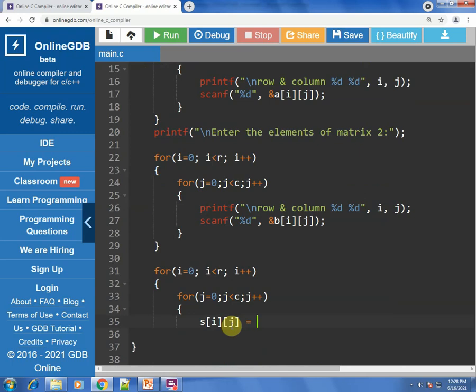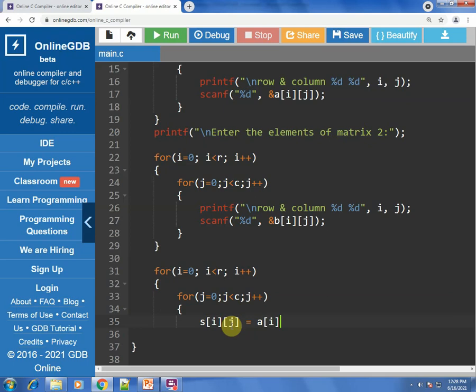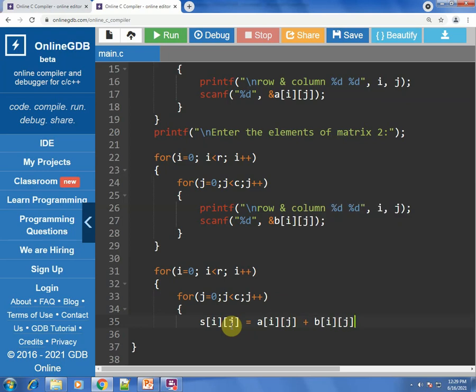So S of I, J equal to A of I and J. Similarly, where J and I are the number of columns and rows, and similarly you add up B. So this is the statement for addition of the two matrices A and B.